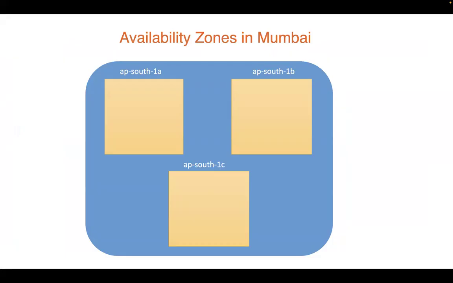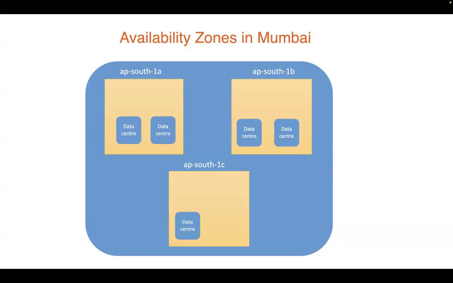The actual data centers, the servers, the infrastructure setup will be present in availability zones. Inside an availability zone, in Asia Pacific South 1A, we have data centers. Now, Amazon will not set up Asia Pacific South 1B near AP South 1A. They will make sure there is a distance of at least 100 kilometers between one zone and another. Between 1A and 1C also 100 kilometers. Between 1B and 1C also 100 kilometers.